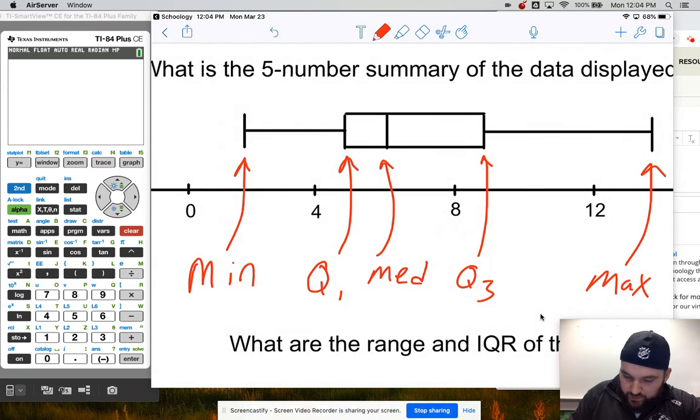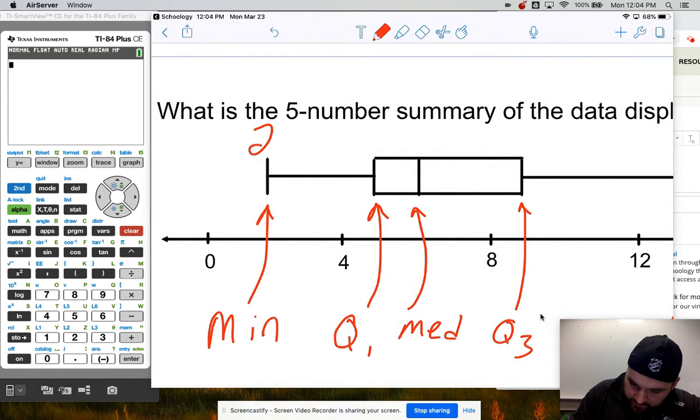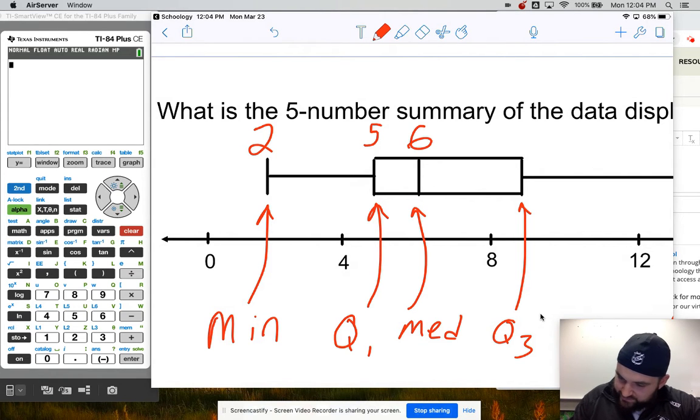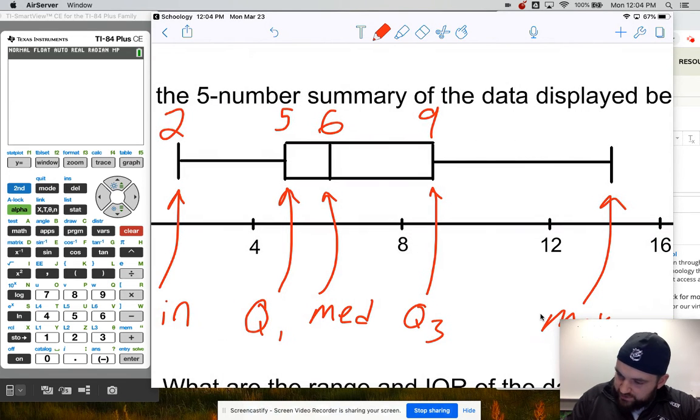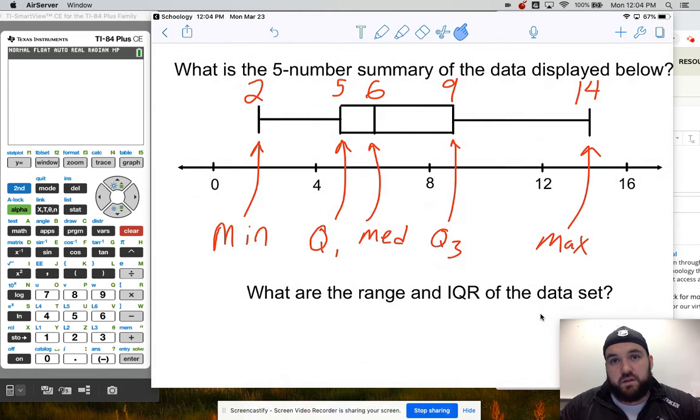So if we wanted to say what's the minimum of this data set, it looks like the minimum is 2, since it's right in between 0 and 4 there. Looks like Q1 is maybe 5, the median is 6. I'm going to say 9 for Q3, and then 14 is the maximum. Okay. So I figured out the 5-number summary without actually having the numbers in front of me,